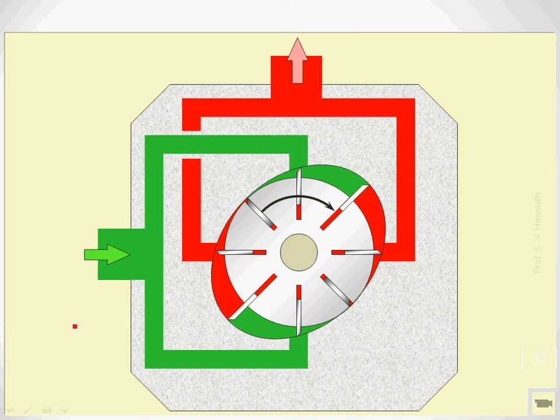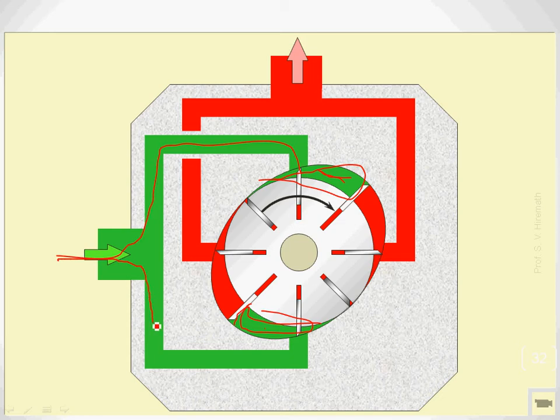See here, this green colored one is nothing but the inlet, and the red colored one is nothing but the outlet. If you see the green colored one, there is an increase in the volume, which is going to reduce the pressure. Obviously, this reduction in the pressure is going to suck the hydraulic fluid from the inlet